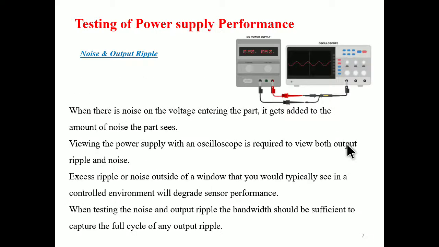Next one, the noise and the output ripple. Usually, when you operate the power supply, noise is added to the parameter value based on the environmental conditions. How do we test the noise? With the help of a CRO. You can connect the CRO as per the circuit diagram. If noise occurs, we can go for compensation. This is a real-time testing process for noise, and if there is any output ripple or noise, we have to reduce it by adding some components, such as filters. So, this is another testing process.